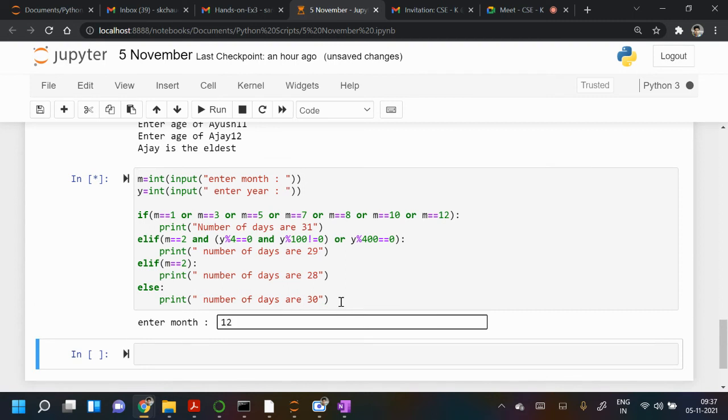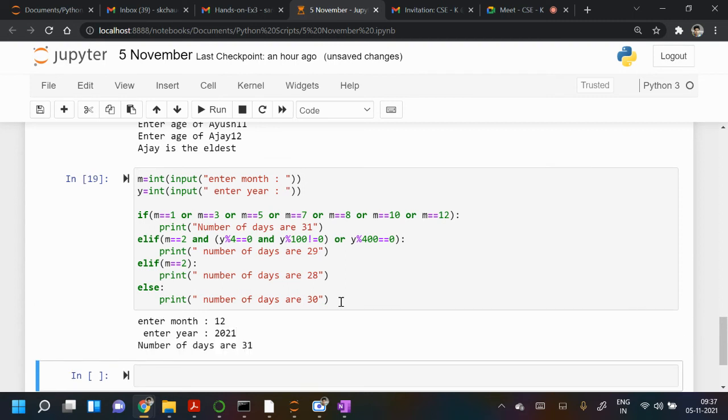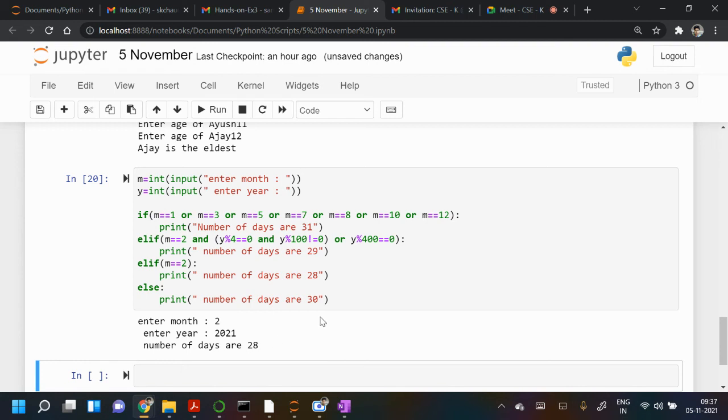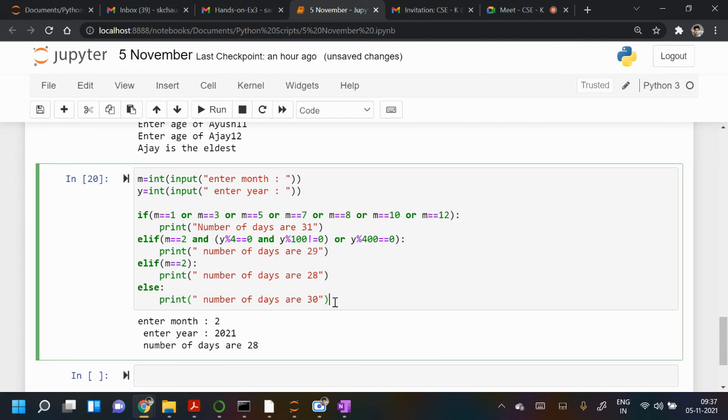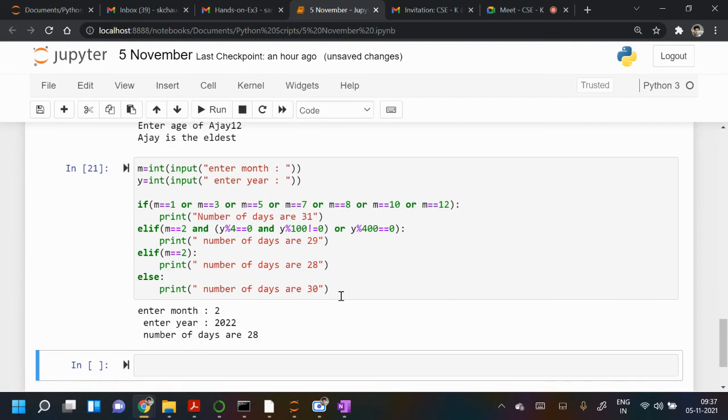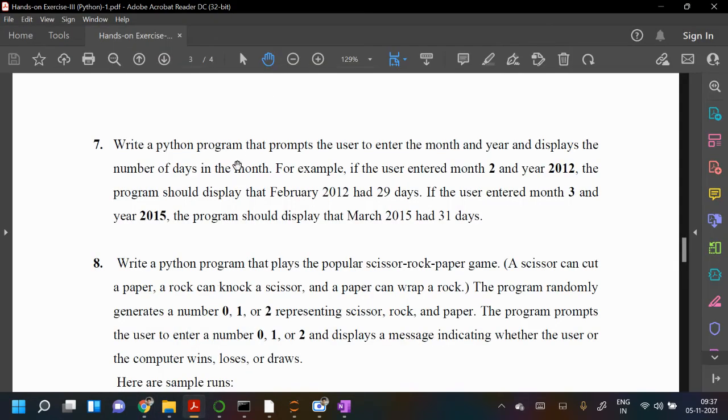December 2021 will have 31 days. And Feb 2021 had 28 days. Feb 2022 will have 28 days. That's fine. So that is the code for question number 7.